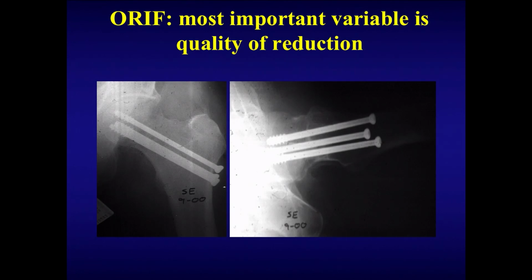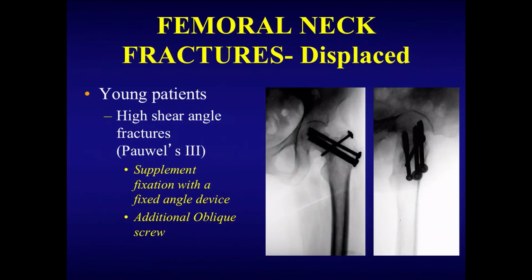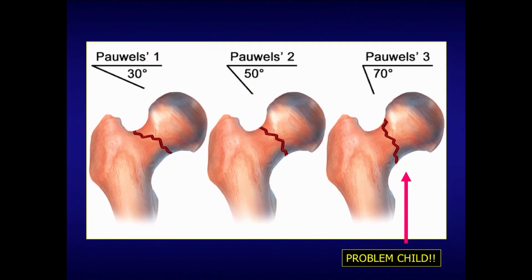And outcomes, the most important thing is quality of reduction and stable fixation. You want an anatomic reduction or slightly valgus. Here's the one where you maybe add one more screw or fixation device. Remember the Pauwels 3, high slip angle? They're the ones that want to slide. So in those cases, you may add an additional screw. You see that trying to go across the fracture line at 90 degrees. And or you might want to add,